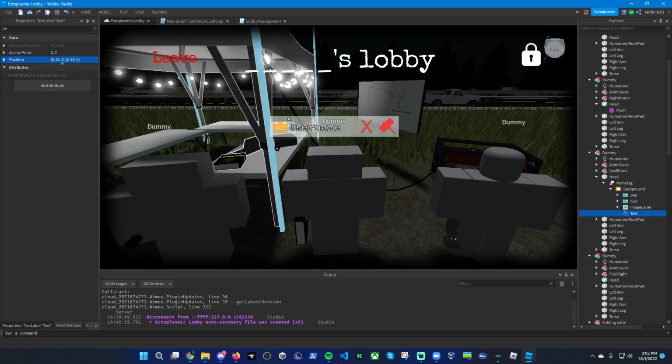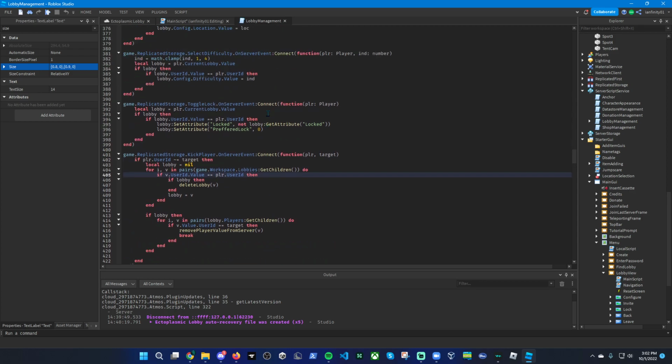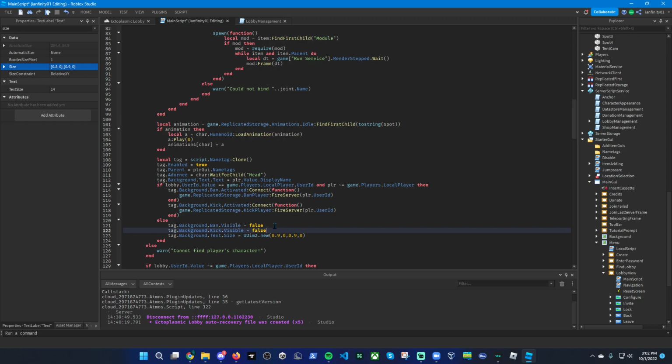Scaled it down too much. Okay. Well, if the crown is there, then the kick and ban options definitely won't be. So how big would this have to be? Okay, that's pretty good. This is the wrong script. Here we go. Okay, so